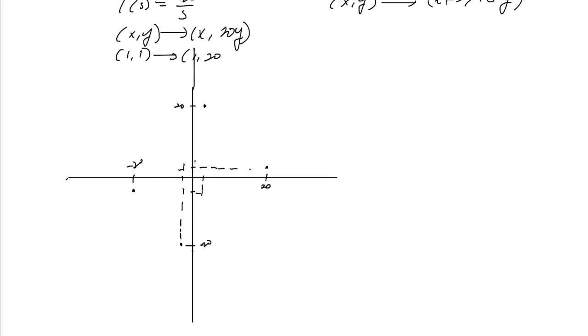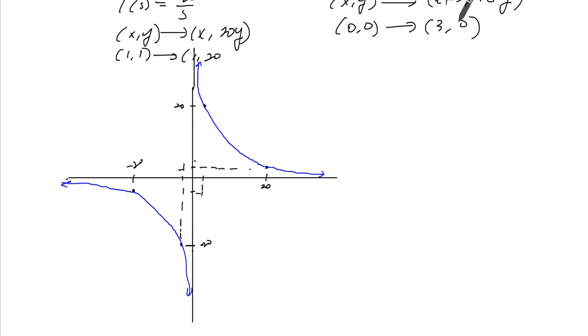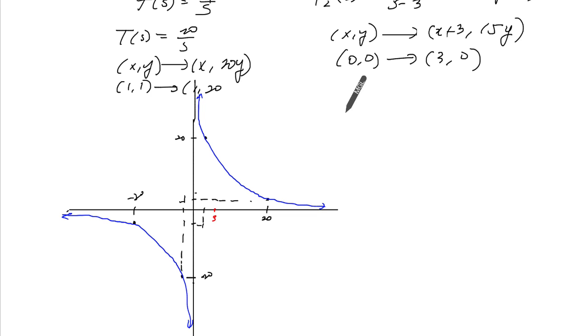All right, so this graph will look roughly like that, and like that. Now this one here, the center is (0, 0), which is not part of the graph, but it is the center of the graph. It has a horizontal shift of 3, so it'll actually start at 3. So let's say around there is 3. And the original point (1, 1) will move to